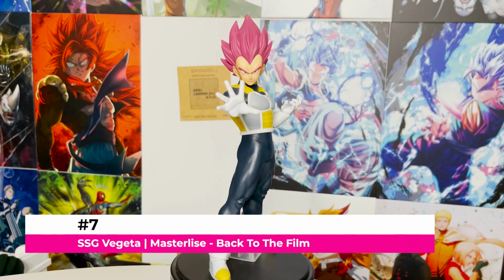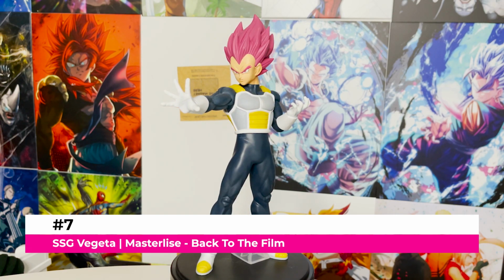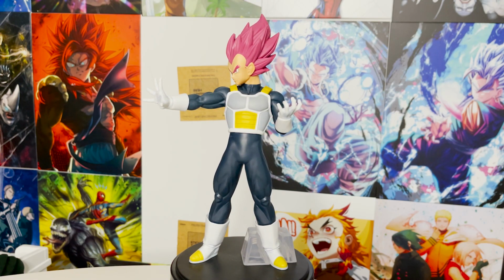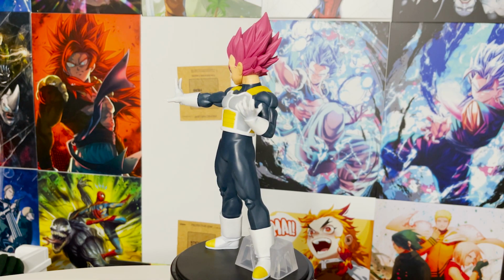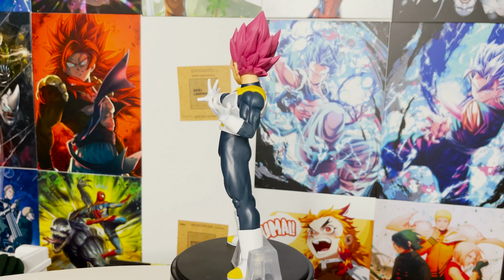Number 7 is another Vegeta figure, and it's the Back to the Film Masterlise Super Saiyan God Vegeta. I know this set has a lot of QC issues, but Vegeta in his God form is my favorite, and the moment he uses this form against Broly in the film is one of the most memorable for me. They were really able to pull off not only his likeness, but some really cool coloring of his hair and